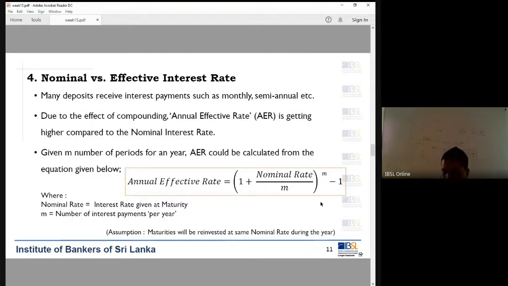So effectively what we have done here is that we have equated from one aspect 1 plus r, that's the annual effective rate, and it should be equal to 1 plus whatever we are going to discuss here as the other side. Okay, now then obviously what will happen is that the annual effective or annual equivalent rate is going to be the value that you're going to compute by this 1 plus this entire equation minus 1 in order to compare the annual effective rate. Let me just show you mathematically how we can discuss that also for you to get